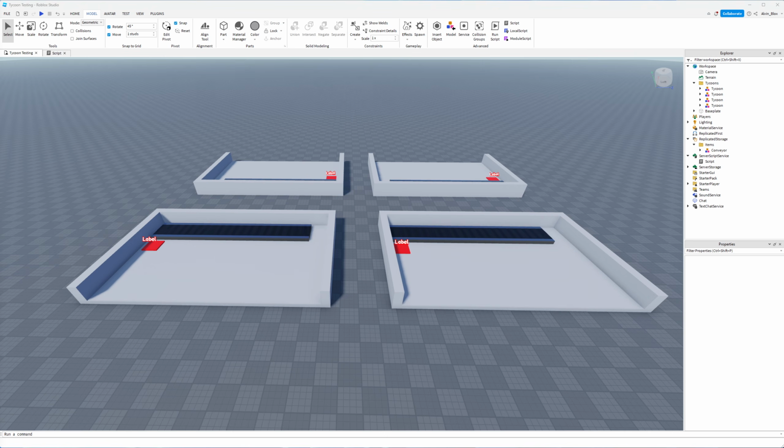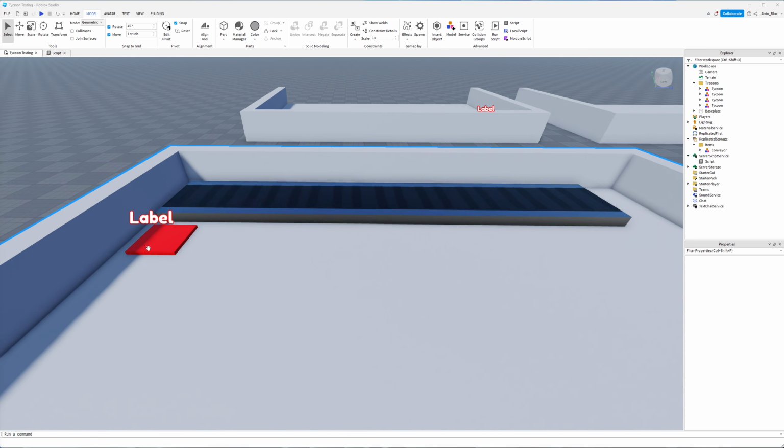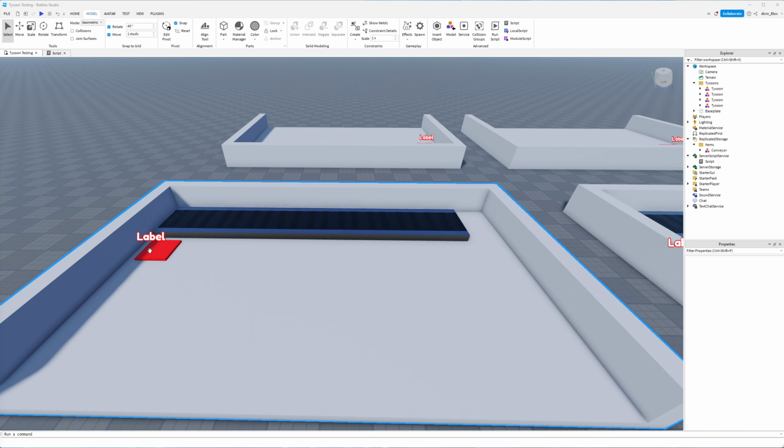Now what we've got to do next is set up our buttons so that when we step on them, it unlocks the items. We'll also need to set up the billboards for the buttons. We'll also have to clean up the tycoon when the player leaves. But aside from that, that's all we're going to have to do in order to create a functioning tycoon. And that will be in the next video, which will be linked in the card or in the description.